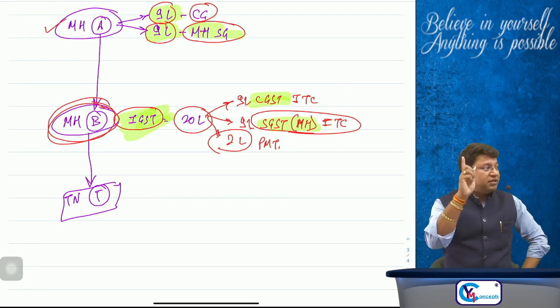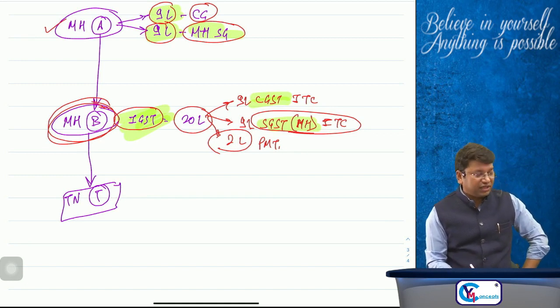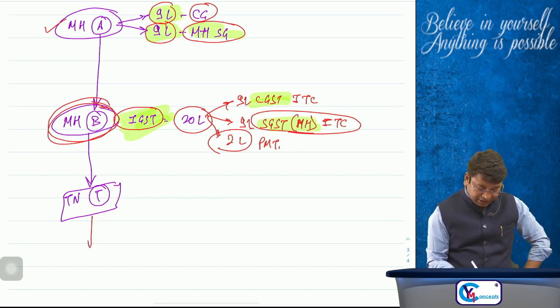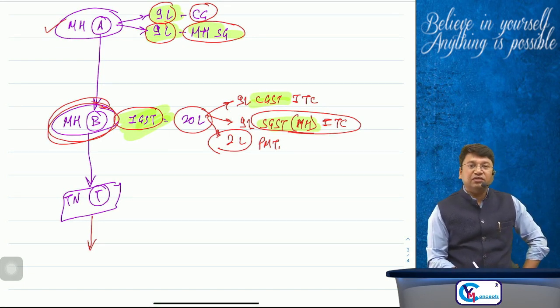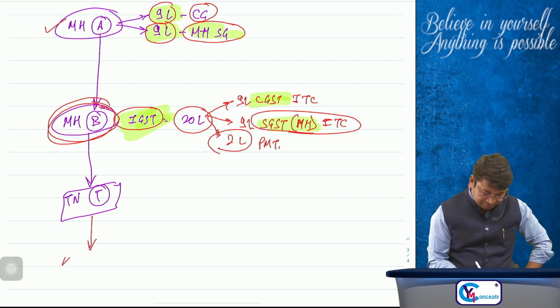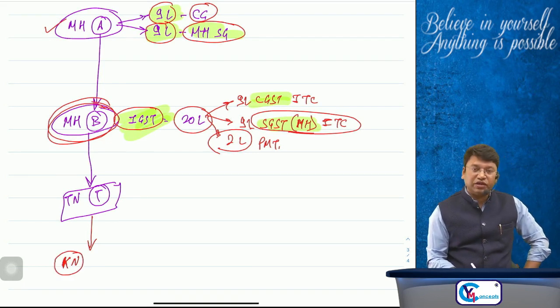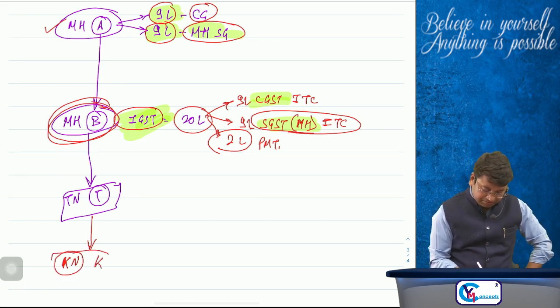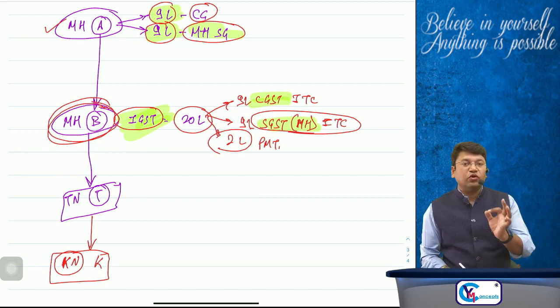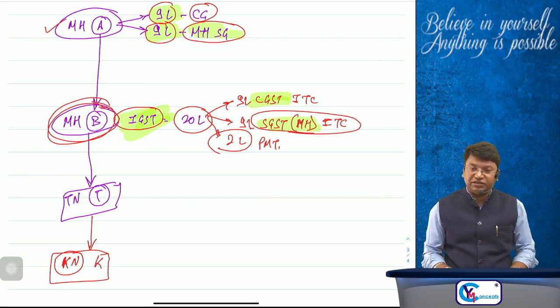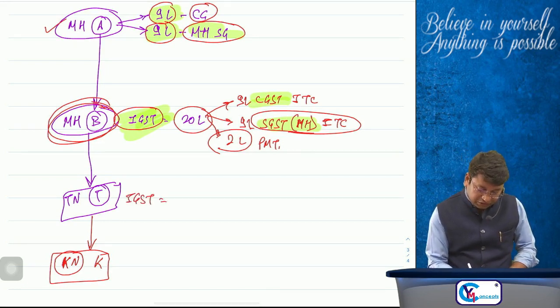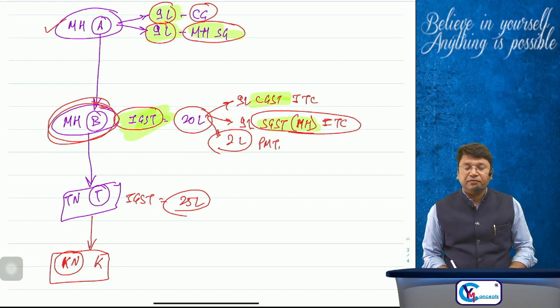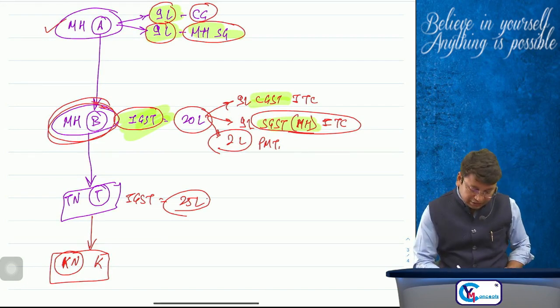Now, Mr. T of Tamil Nadu, again suppose, sold these goods to a person who is located in Karnataka. Suppose Mr. K is located in Karnataka. Sir, Mr. T has sold the goods to Mr. K in Karnataka. Again, IGST will be charged. Suppose IGST of rupees 25 lakh is charged. So, for paying the liability of rupees 25 lakh, sir, he will use